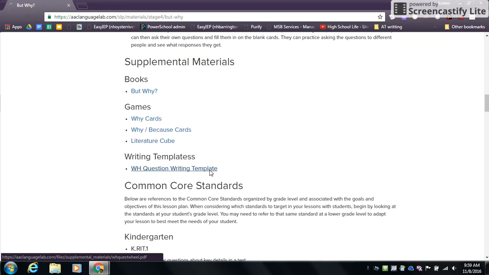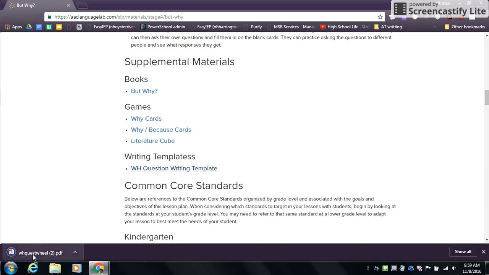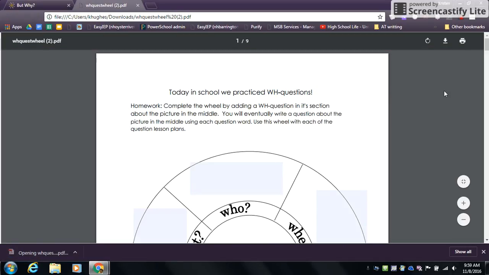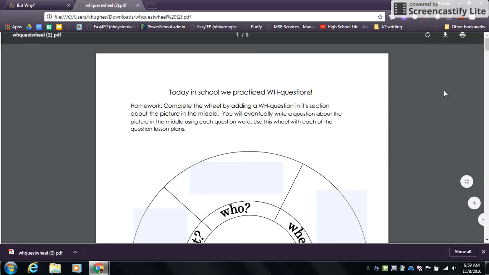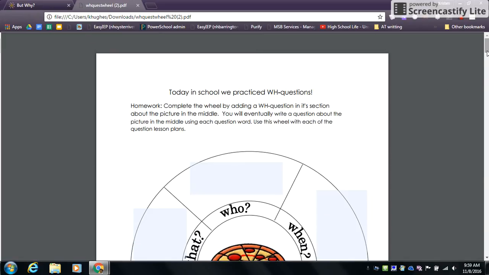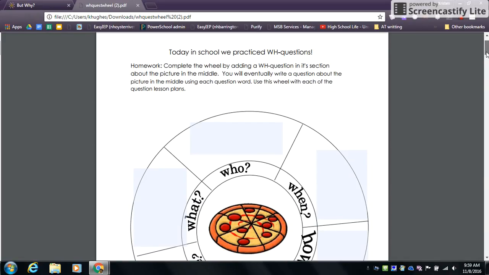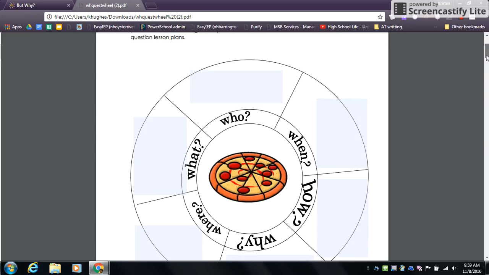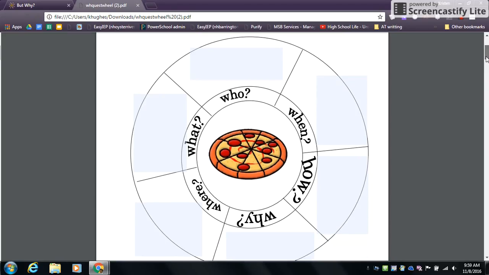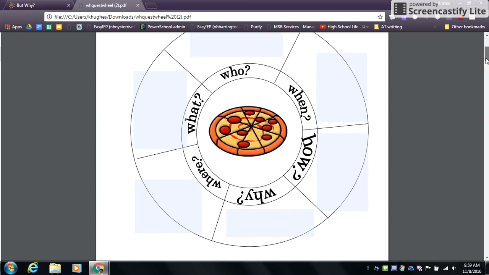And then a nice writing template. Again, a lot of our students have devices which can be plugged directly into a laptop. If not, this is also something that they can do either adaptive writing, or you can write for them, or if you have writers yourself, you can introduce the information